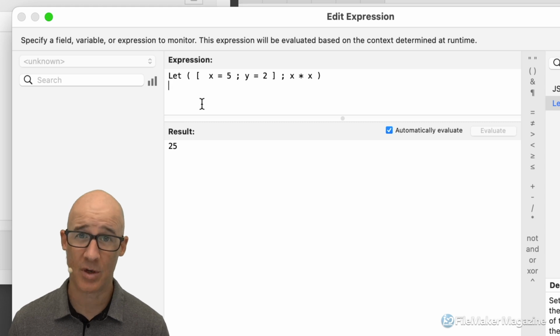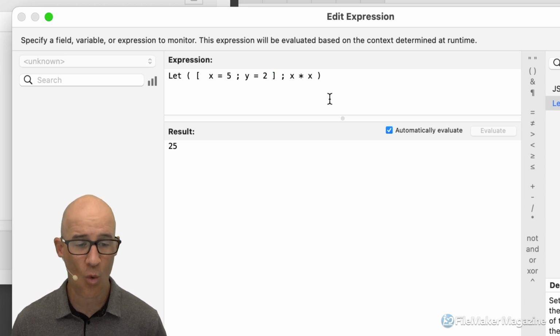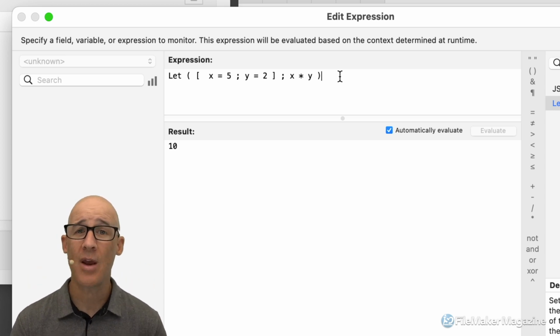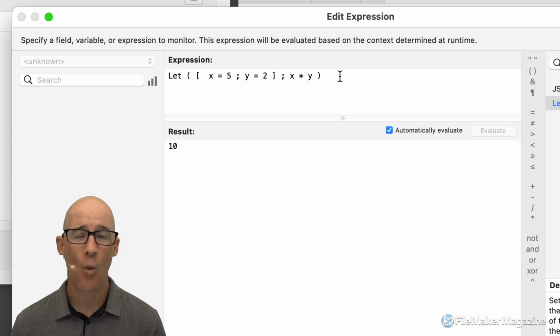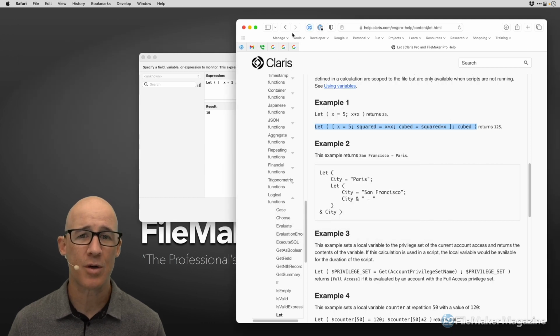Well, we're getting a result now successfully by having added the opening and closing square brackets. But we have this value of y. Well, we know what 5 times 2 is, so we change our x to a y, and we get 10. This is when we start to get understanding, is when we're playing with the functions and we see what's going on. So as I stated, take that time, go through as many of the functions as you want,